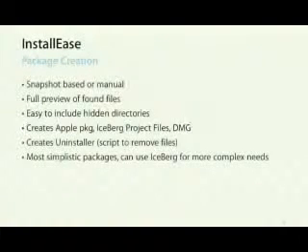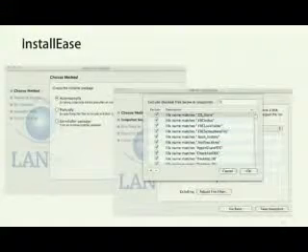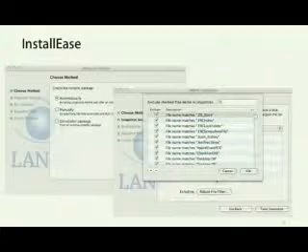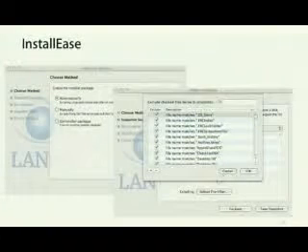Next slide, please. So here are some screenshots of how InstallEase works. The first, hold on, I'm sorry, one second. All right, the first slide that you see in the background is the starting screen,